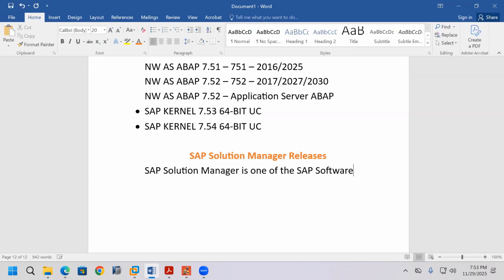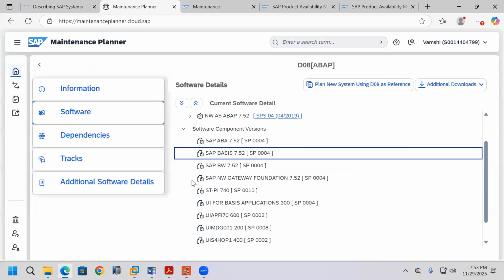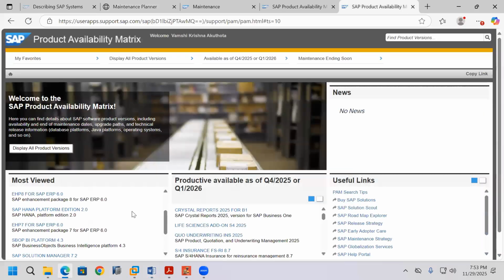SAP Solution Manager is one of the SAP software. That is the name. SAP Solution Manager is the name of the SAP software. So in that SAP Solution Manager, we see